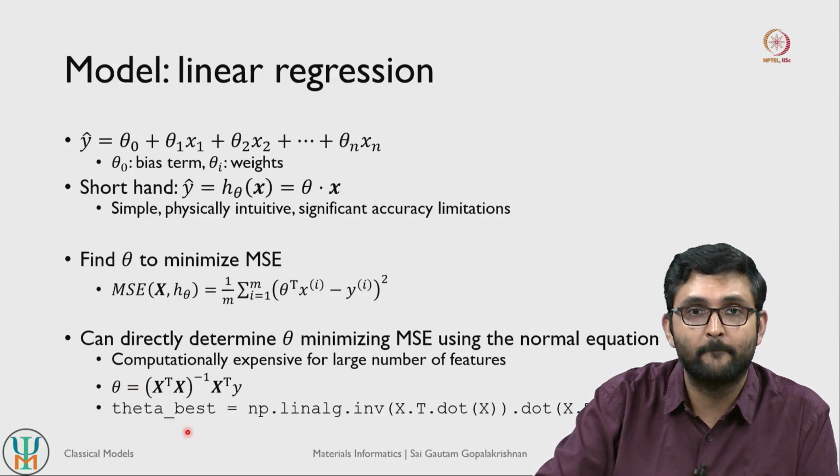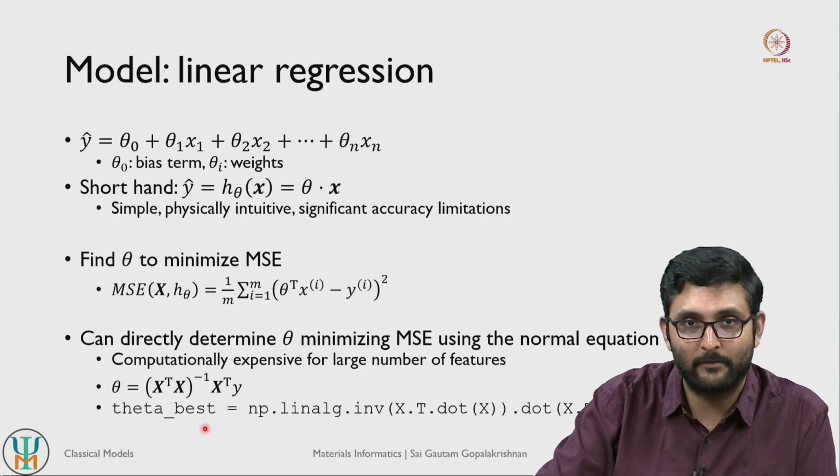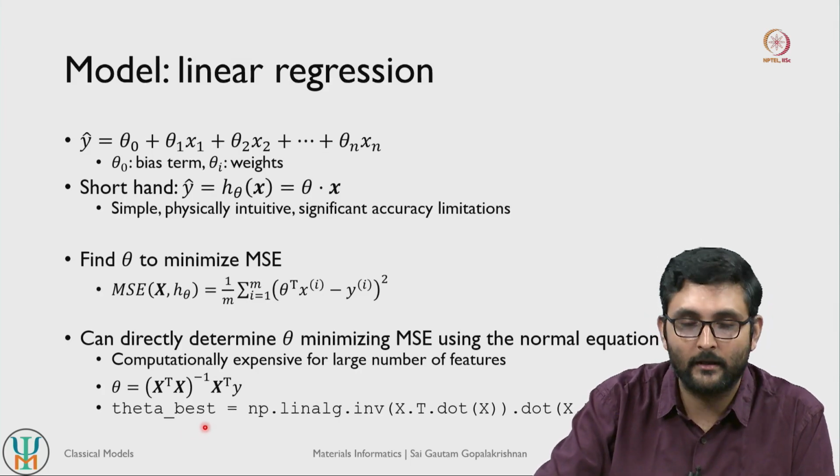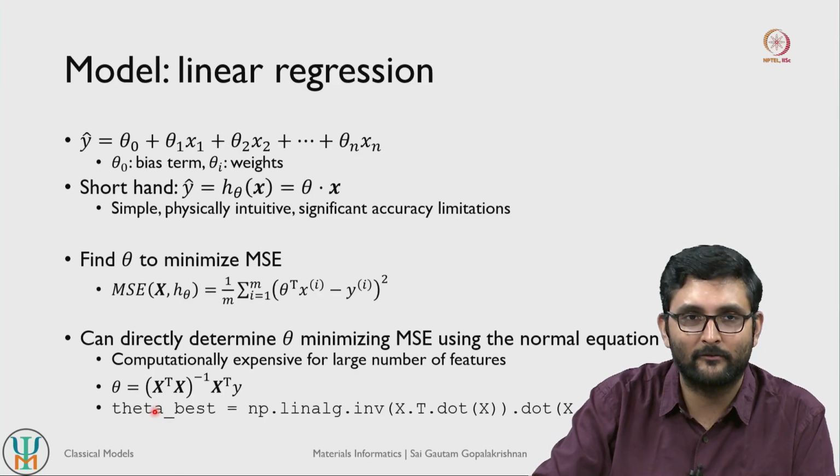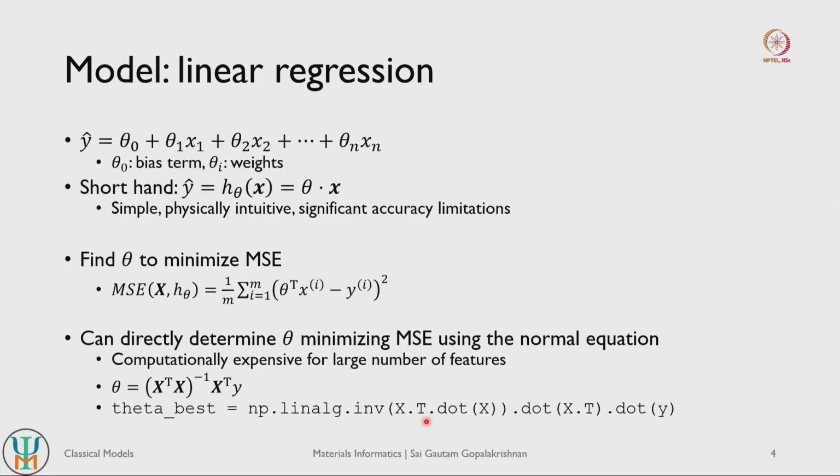And if you want a code snippet example, so let us say you want to determine this by code, the way that you can do it is you can call a variable called theta best. So this basically gives you the best theta, and I am basically writing this whole mathematical operation as a code snippet here using NumPy arrays, right. So there is a very nice package called linalg within NumPy itself, and that has a lot of matrix operations built in. So inv stands for inverse, which is this operation here.